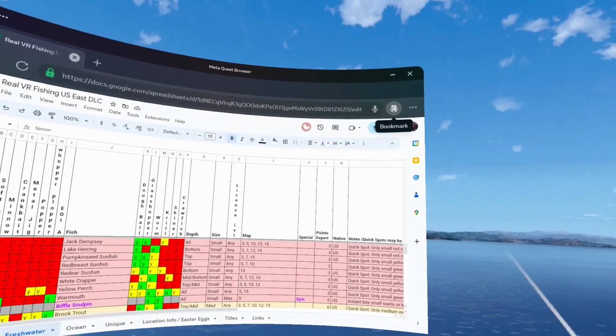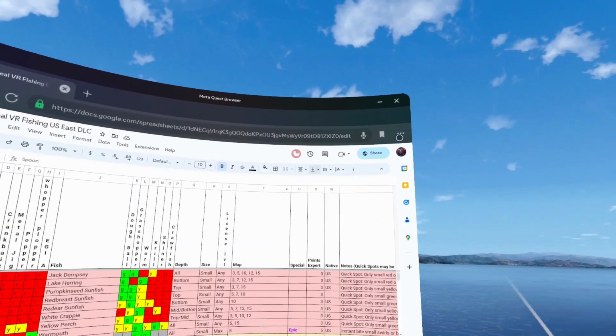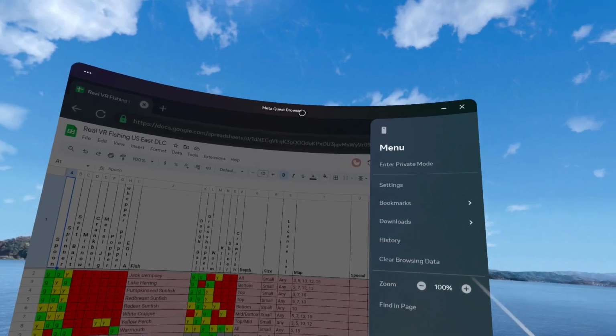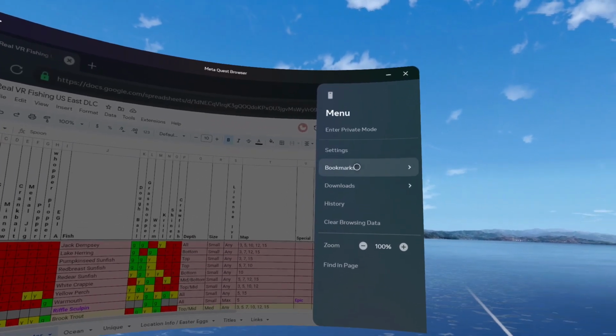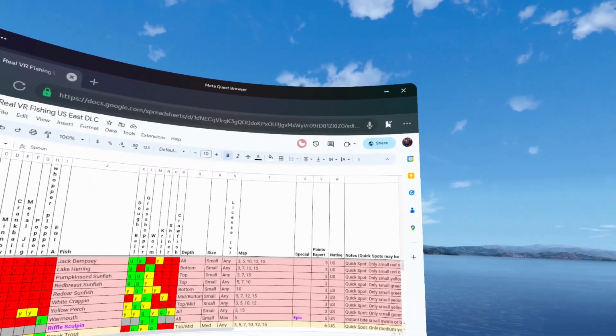Now, once you've got this opened up, if you want to save this as a bookmark, you just click on that bookmark right there, and then name it what you want, and then save it. I actually already have it, so when you open up your Meta browser, if you just go over to here, go to bookmarks, there's the RVRF Fishing US East bookmark right there that I've already got,